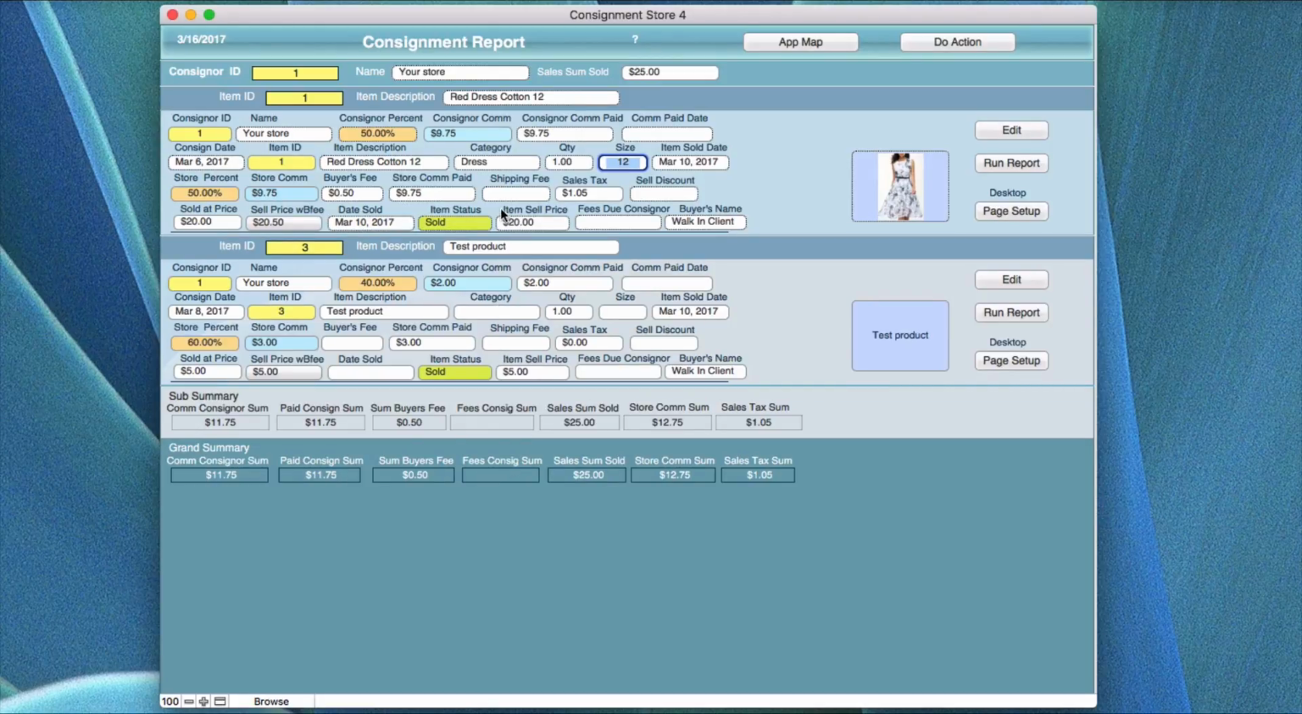Okay, so let's go back up here, and we're on the tax. We know the tax is calculated based on the percentage rate that you put in for the individual items as you added them. The buyer's fee is the same kind of situation. If you added a buyer's fee, it should be included automatically. The sell discount, if you did a sell discount on the invoice, it'll be reflected here